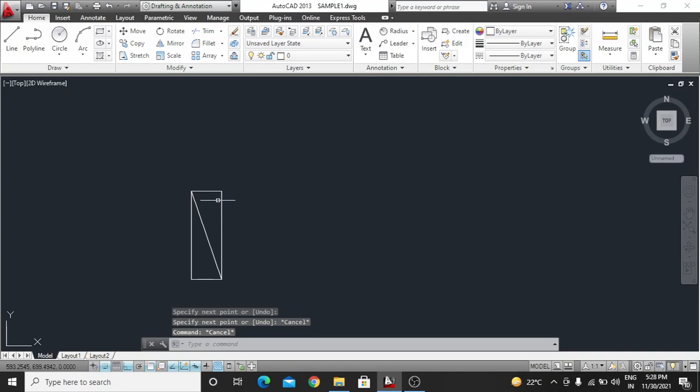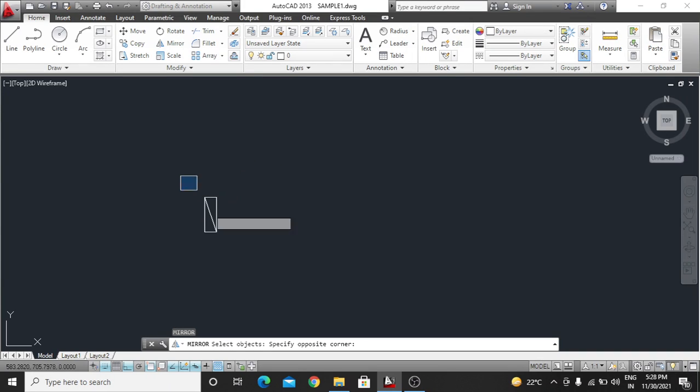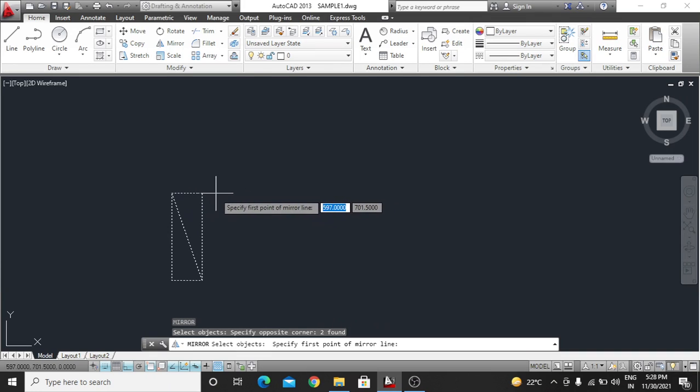You want to make a mirror object of this. What you have to do is press MI and enter. MI is the short key for mirror. Select the object and enter, and select the base point,